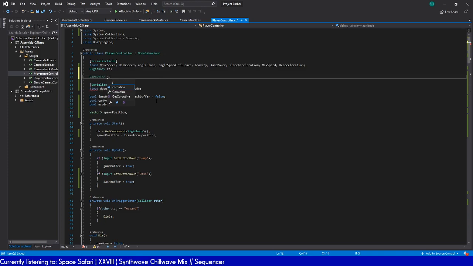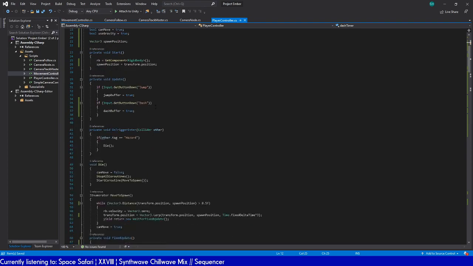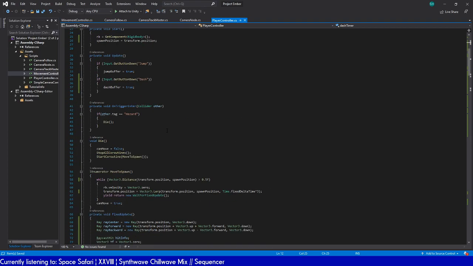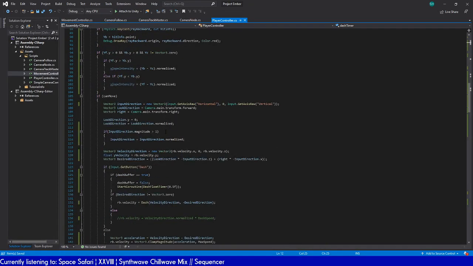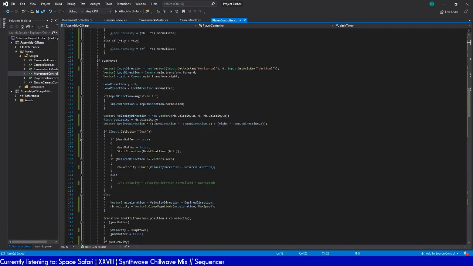Coroutine, not jump timer, dash timer, so that I can, where is it? We can set dash timer to be equal to that coroutine. I think it's a coroutine, yeah. And then